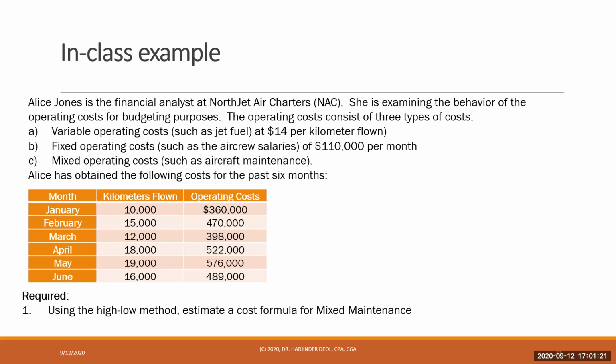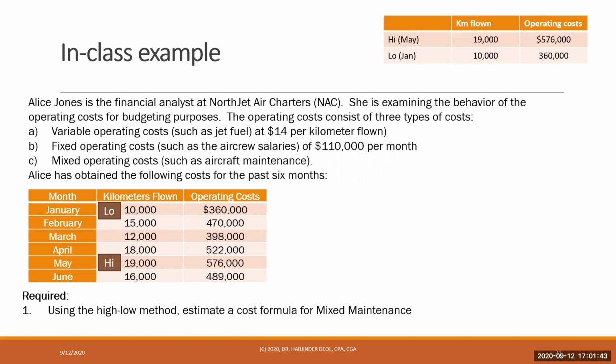It's 360,000 for January and so on. And so the number of kilometers flown is our X column. And we noticed that January is the month where we had the least number of kilometers flown, and May is the month where we had the most. So using that information, we can see that in the month of May, when 19,000 kilometers were flown, the operating costs were 576,000. And in the month of January, when 10,000 kilometers were flown, the total operating costs were